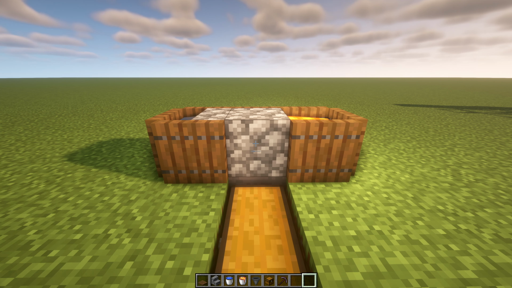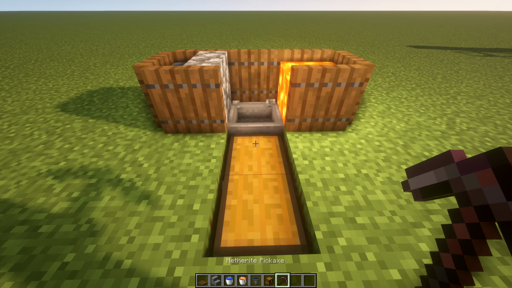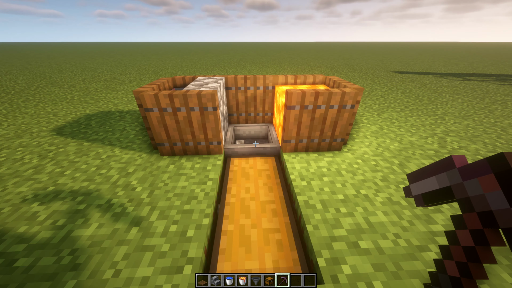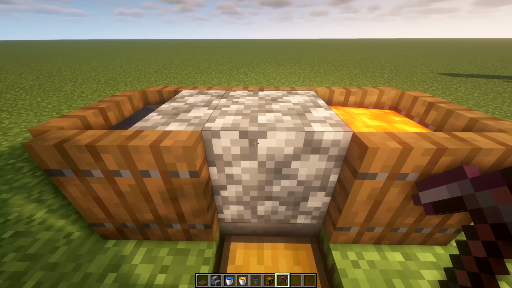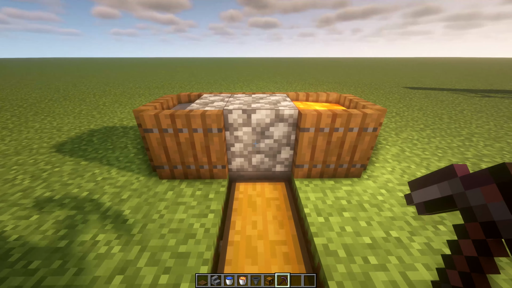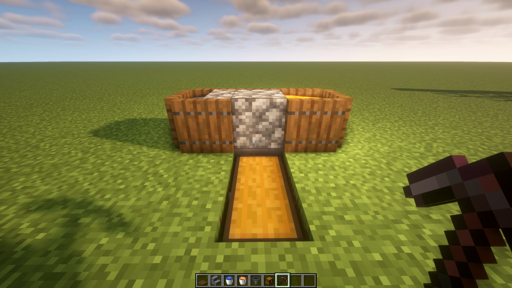a pickaxe. Obviously I'm not going to be able to do it because I'm in creative, but you would do it, and then a majority of them should go right into that hopper. Otherwise you can always stand right next to it, and it should go right into your inventory. But that one's really easy to create, and I highly recommend that you guys have a cobblestone